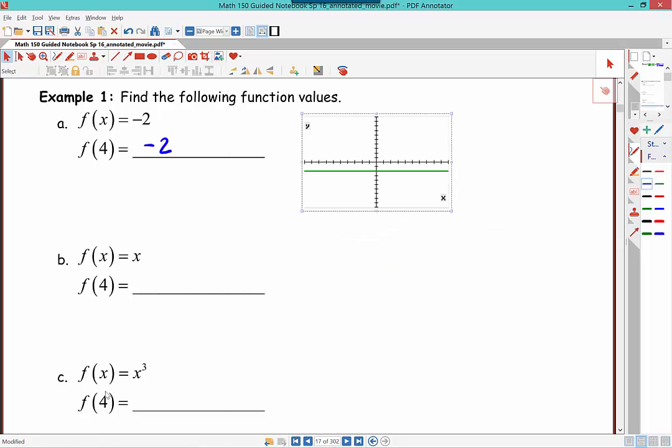Okay, so if you look here, this is a standard scale. This is our f of x, and this is our x, and we go from 10 to negative 10. And this here is our line, f of x is equal to negative 2. So here, what we found was for f of 4, which is what we were evaluating, 1, 2, 3, 4,